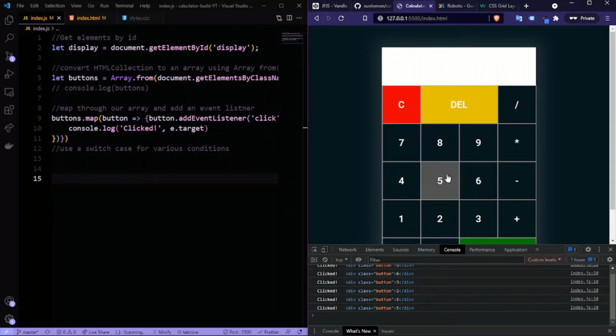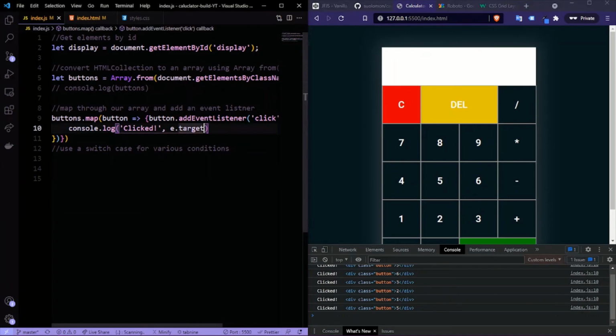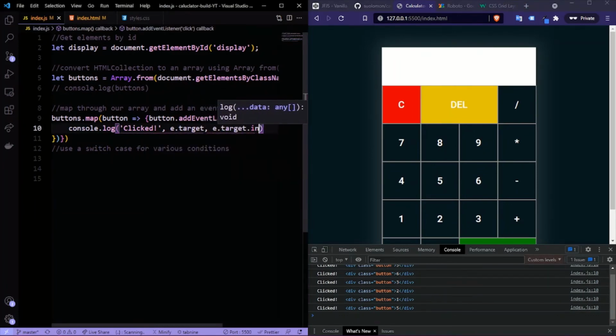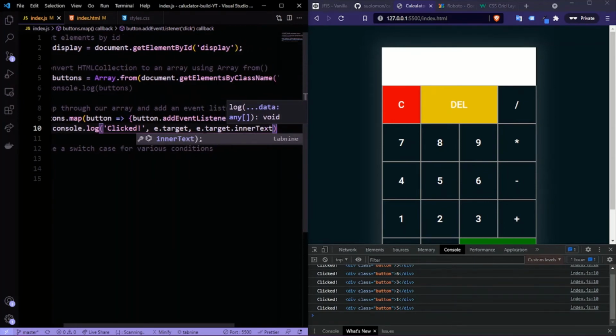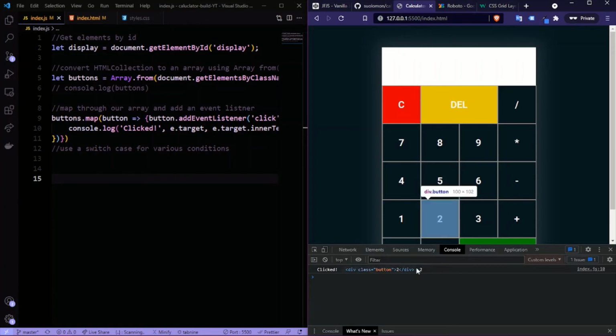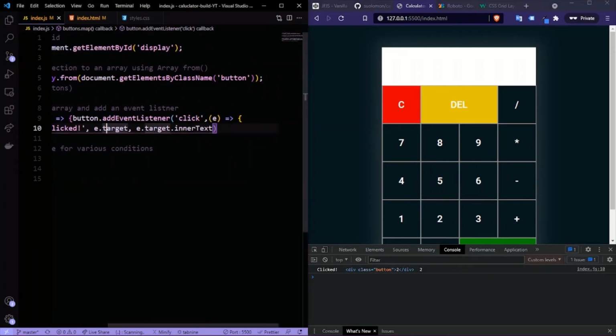So now let's return a specific value of that element. And inner text is one way of us returning that specific value. As you can see, 2 is clicked and 2 is the inner text of the targeted event. Great. With this information, we can now use our switch case